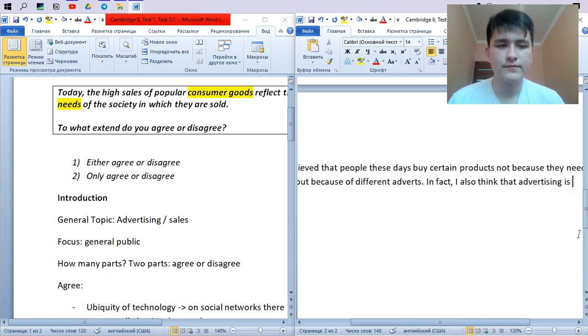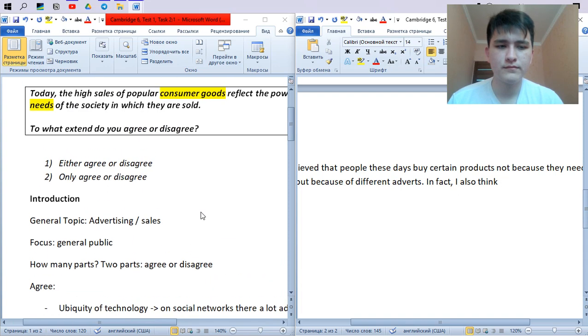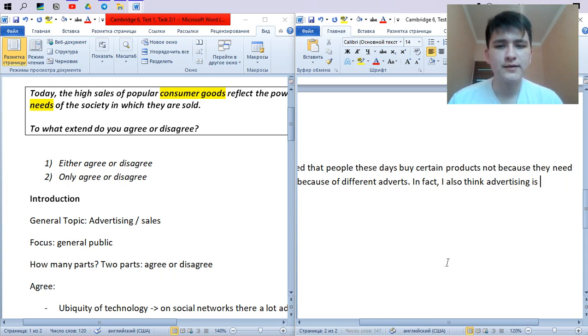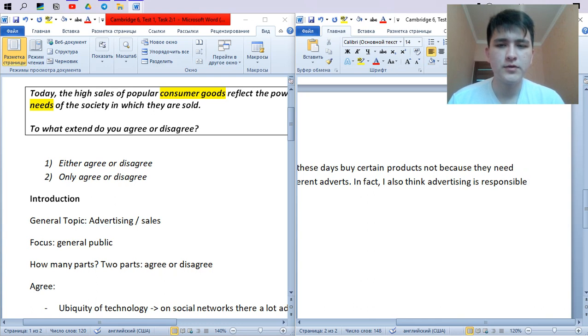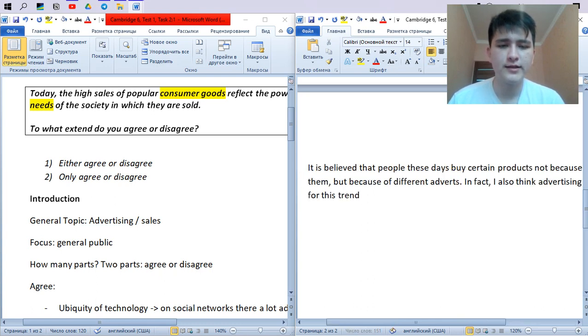I think that advertising is the, okay. So in fact, I also think that advertising is. And by the way, don't really get too caught up in perfecting your language. While you're writing, you'll have 5 minutes left at the end to check your work, right? I also think that advertising is responsible. Let's just stick to that. We might change it, like I said. Advertising is responsible for this trend